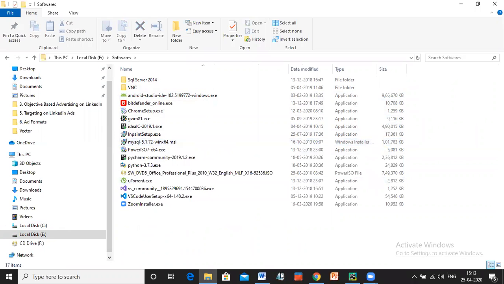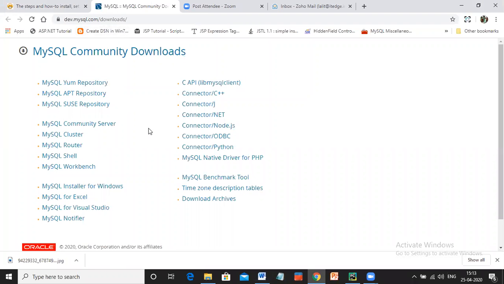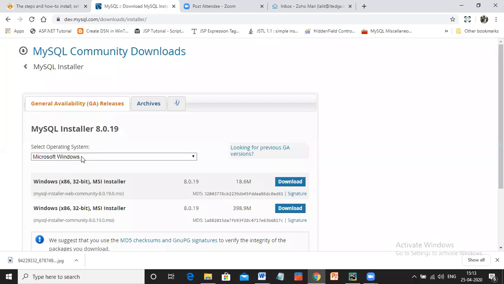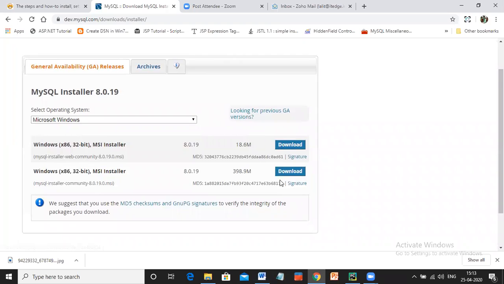So you can go to this site, MySQL installer for Windows, and you can download any of these. Is it clear? Yeah.